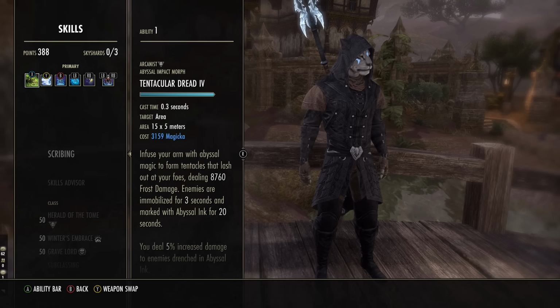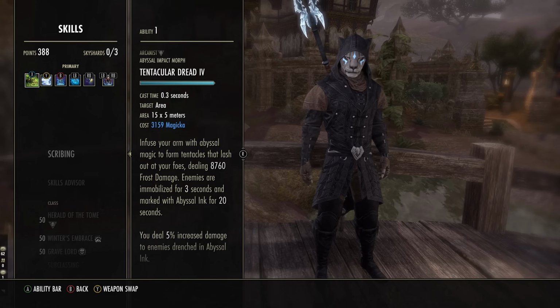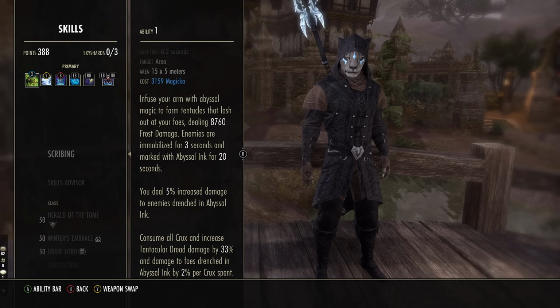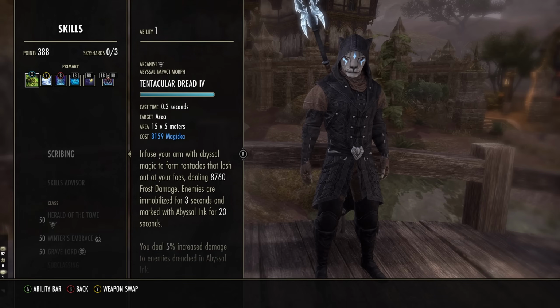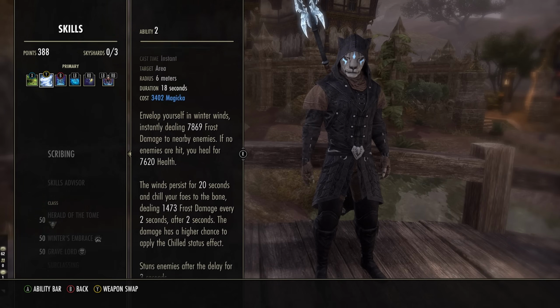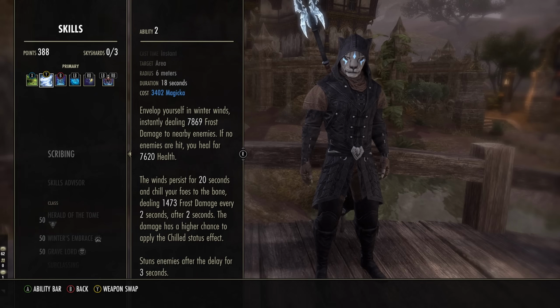Yes, you can cast it without the Crux, and you'll still get the nice immobilize, which is good for rooting enemies. But for the most part, you should be saving this every 20 seconds for the debuff. Then we have Arctic Blast from the Warden. This is going to be a nice stun, frost damage effect that does heal you if you have a need